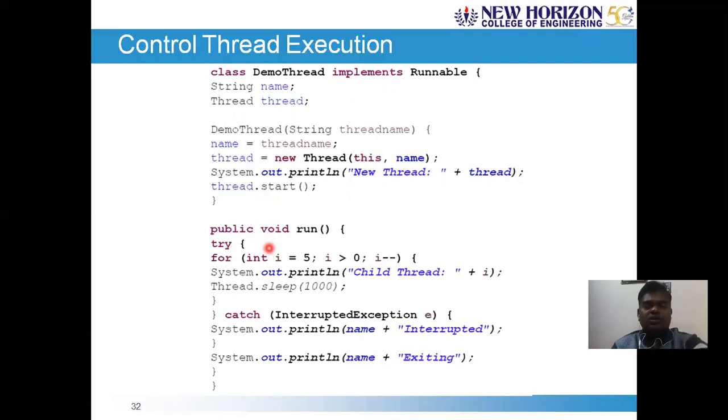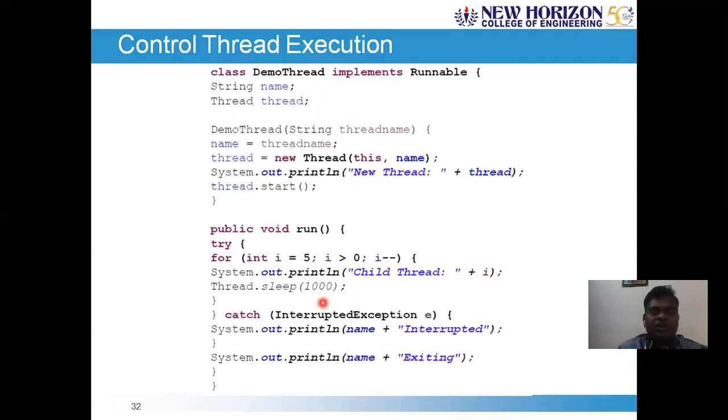Coming to the run method, we are assigning the job of printing the numbers from 5 to 1 for each of the threads that we are going to create. Take a for loop, i equals 5, i greater than 0, and i minus minus, and for the child thread we are creating here, the value in the index variable, 5, 4, 3, 2, those values can be printed here, and make the thread sleep for some time.